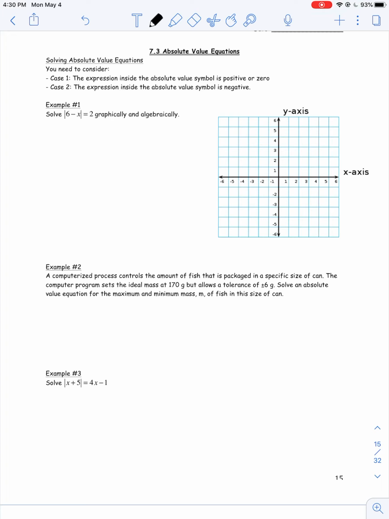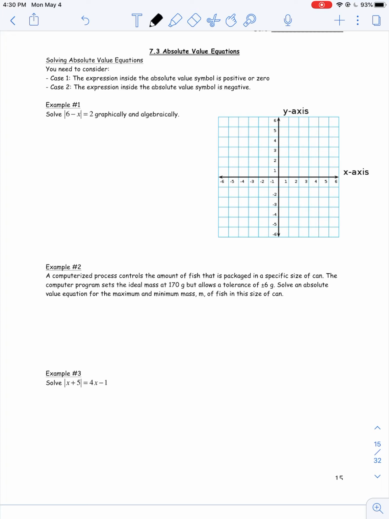Lesson 7.3, absolute value equations. We're going to consider case 1 and case 2. Case 1 is where we keep the equation exactly how it is when we remove the absolute brackets. Case 2 is where we remove the brackets but we put the negative of those values in their place, because whenever